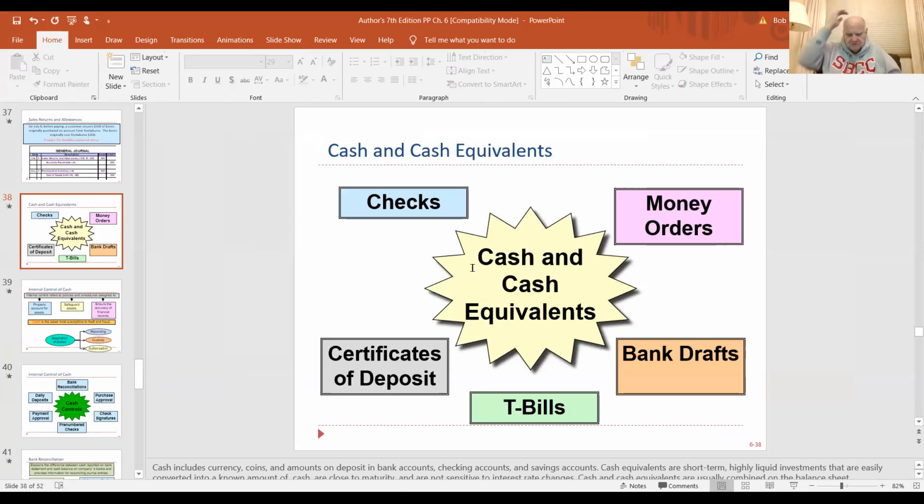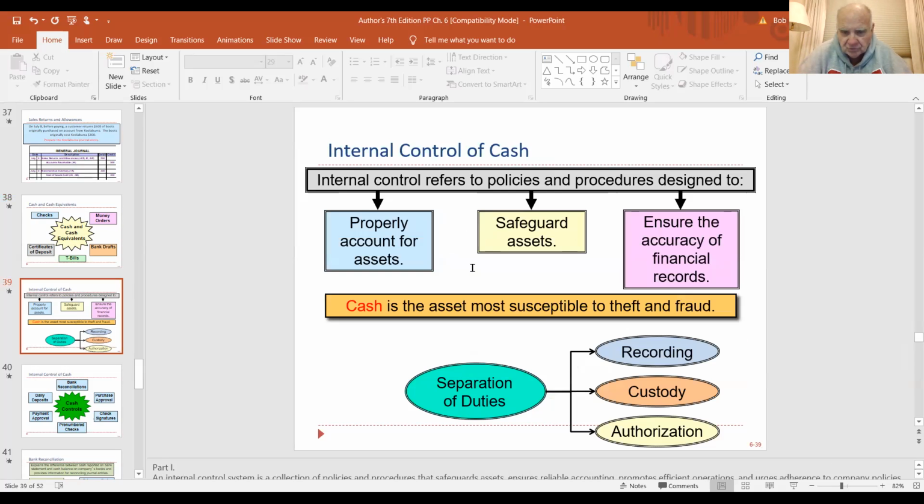Okay, this is from a different textbook. So let's look at another bank reconciliation. Here we can kind of do it together. And I think if you look at this a couple times, you'll be able to get the hang of these bank recs. Again, they're telling us that cash includes money orders, bank drafts, treasury bills under 3 months, certificates of deposit.